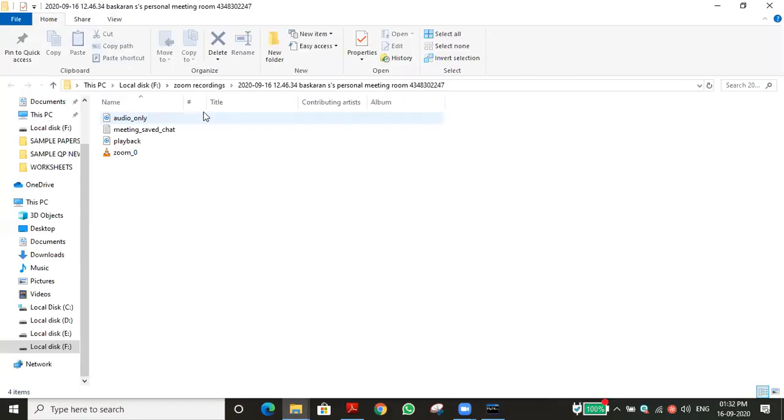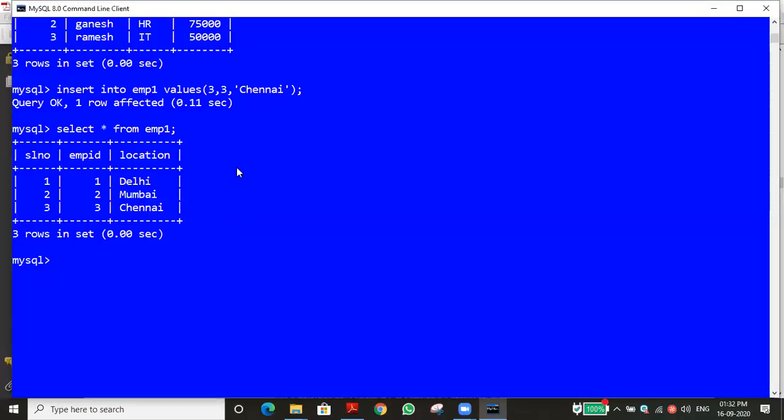Vriddhachalam, likewise, if you want to mention that also. So which data can be accessed? Whether the roll number is present in the master table, only that roll number, only that student can be available for the transport facility. Have you got this example? Apart from that, we cannot enter it.